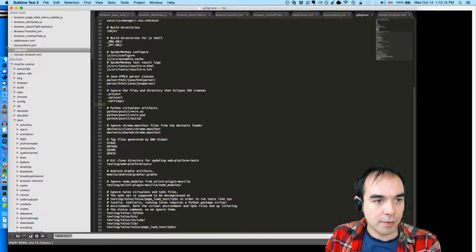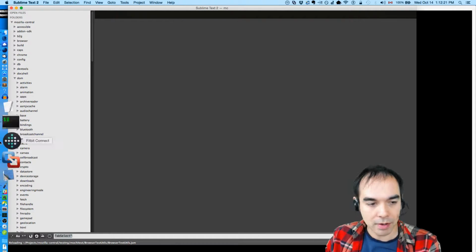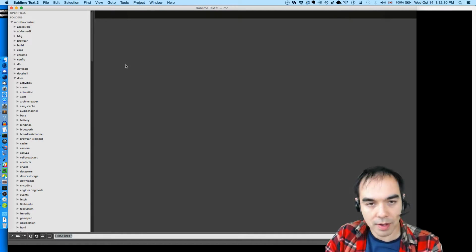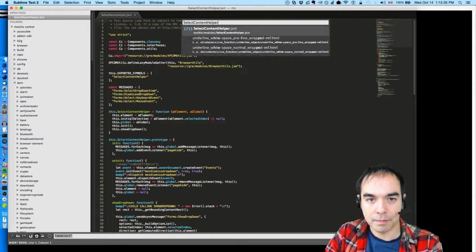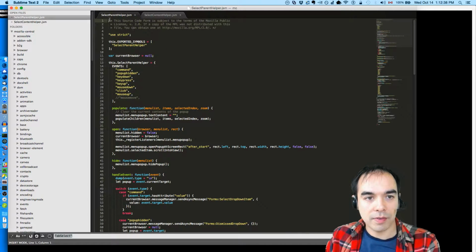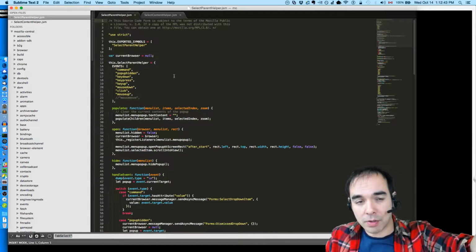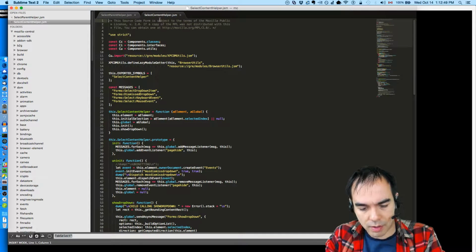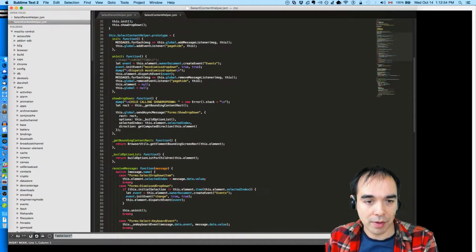Okay, so the operative things to look at, I'm going to close a bunch of these files and get rid of some of the files that do not matter, and instead concentrate on what does matter. Let me just reorganize my workspace. Okay, so the files that I care about are select parent helper and select content helper. The select parent helper is what's opening up the menu list, the Zuul menu list in the parent, and select content helper is the companion component that wraps around the selects down in the child process, and they message one another.